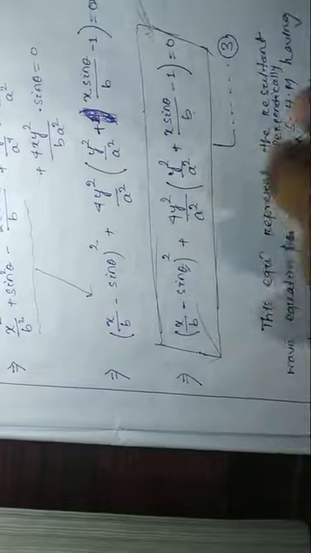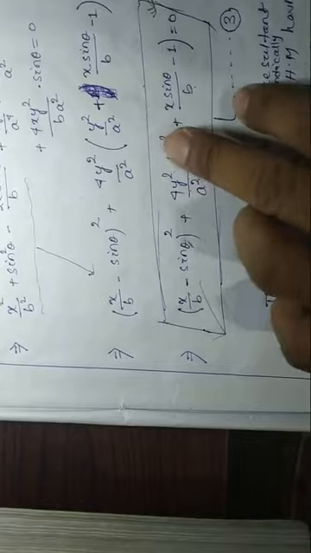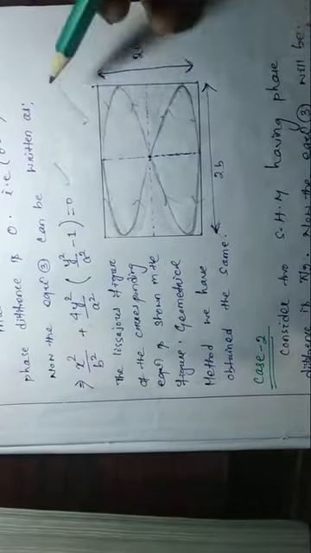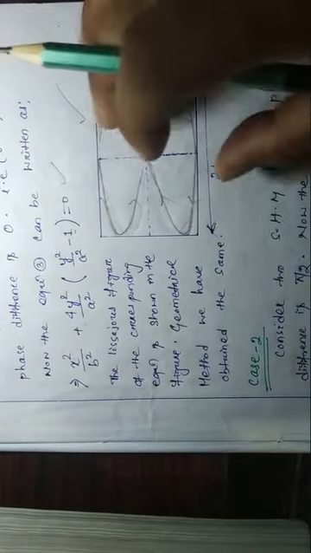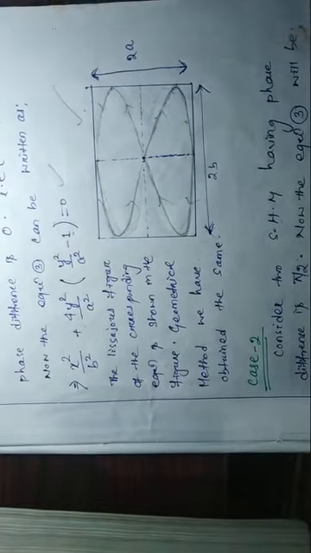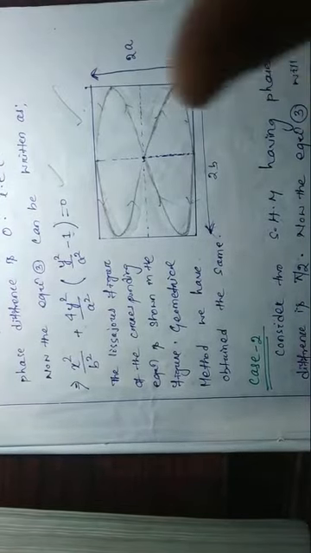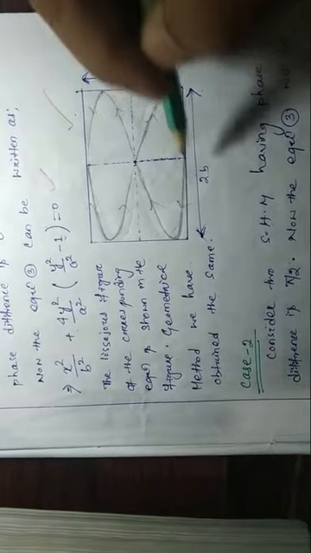It will be x square by b square equal to 4 y square by a square, minus 1. Same thing has been written here. So from this equation, if you draw it graphically, then you can find this figure. Later on you can also draw it by the geometrical method. Wait, I am going to give some hints on how you can draw this figure geometrically.